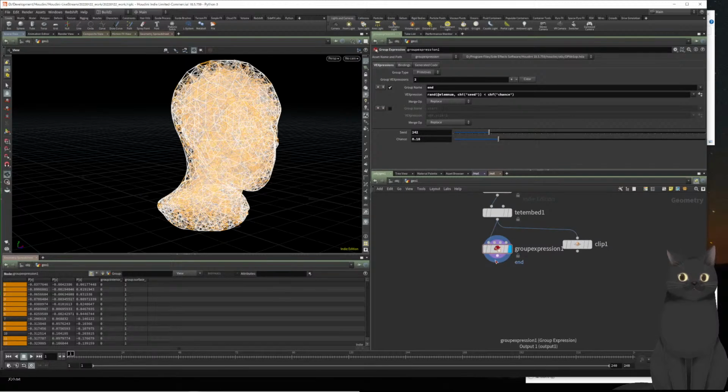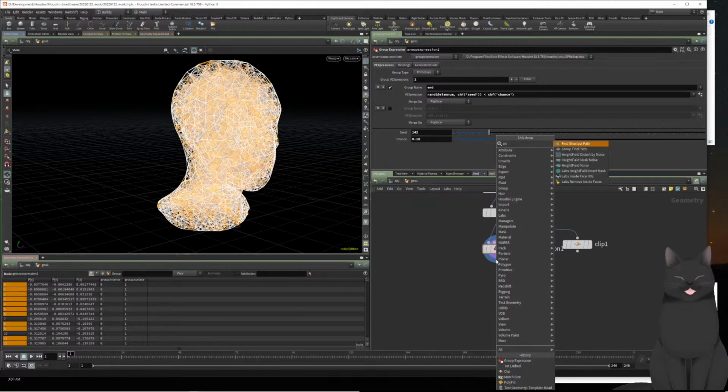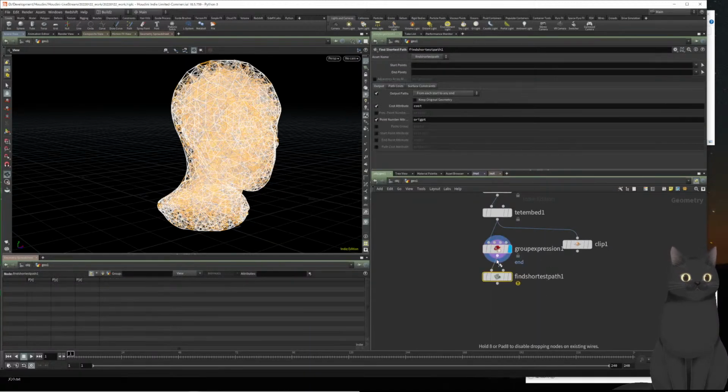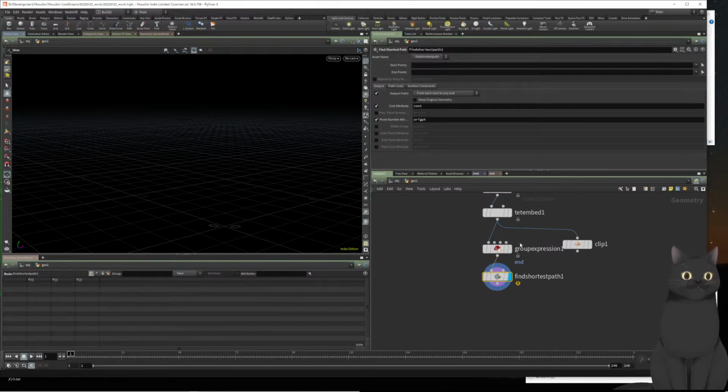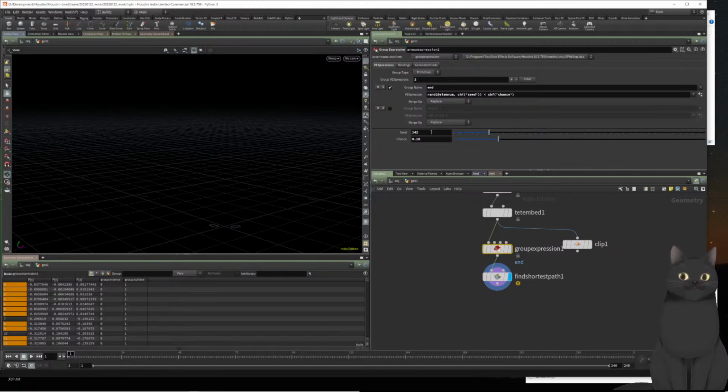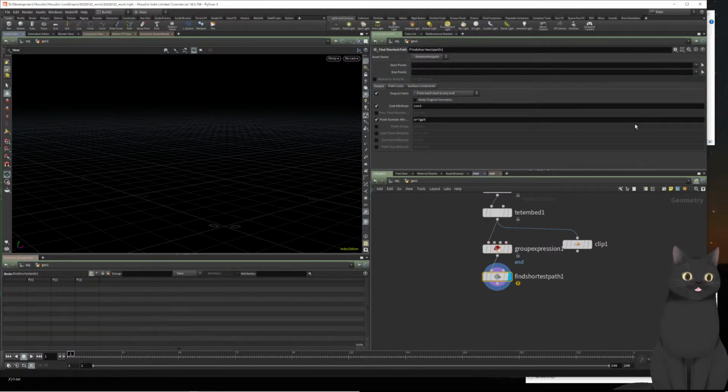use the shortest path node, which is doing the main job. So you would say from start to end, and in case you're missing the start group, just make sure we have activated it again. So now we can say start to end, and now it's just starting at